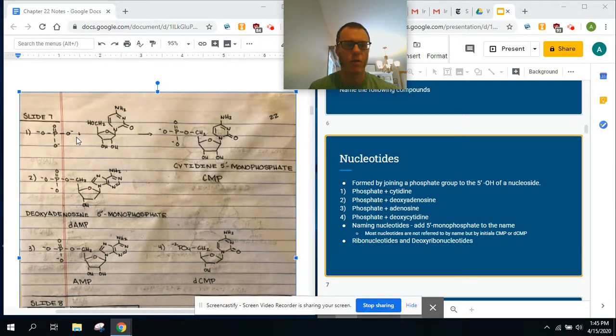So just to review, we had our phosphate plus this nucleoside here. So we get cytidine, because that's what this is, 5 monophosphate. On carbon number 5, we have 1 phosphate, hence monophosphate. We're not going to call that that. We're going to call that CMP. Simple, it's just easier. So here in the slide, you can see it's phosphate plus